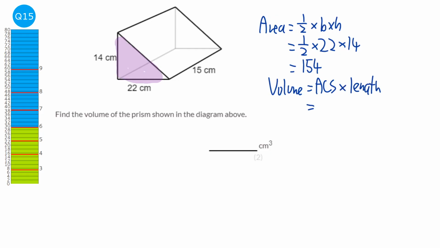So the area of the cross section we've just found out is 154, and the length is basically how 3D the shape is. So that's going to be 15. So the answer is 2,310